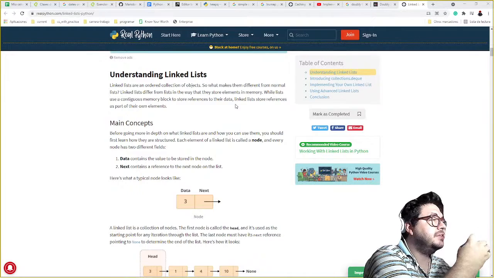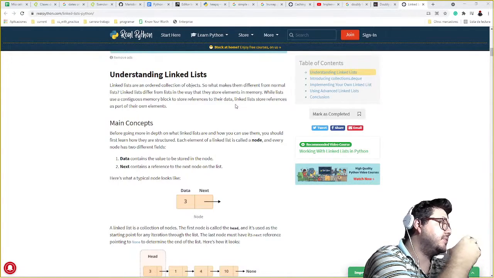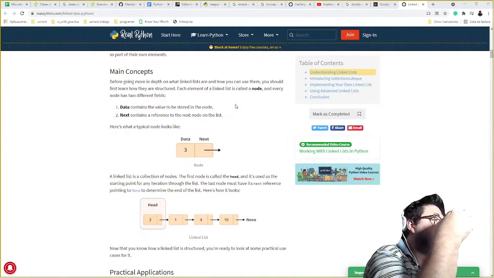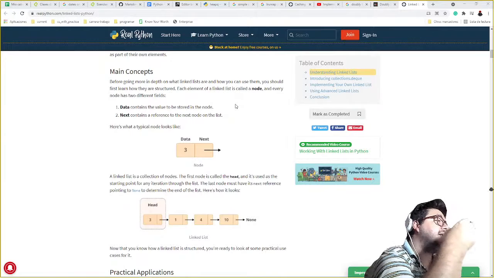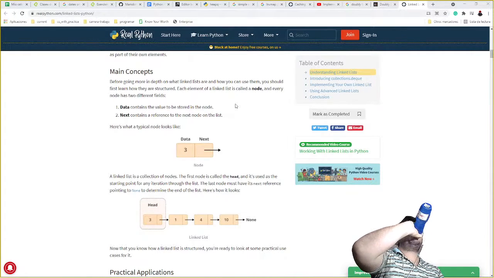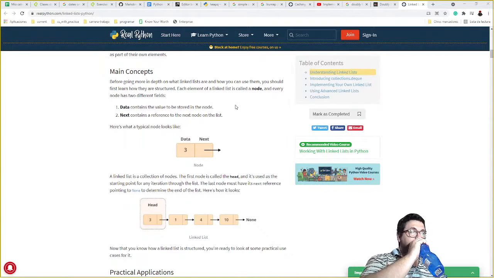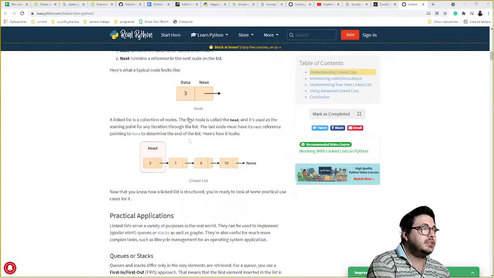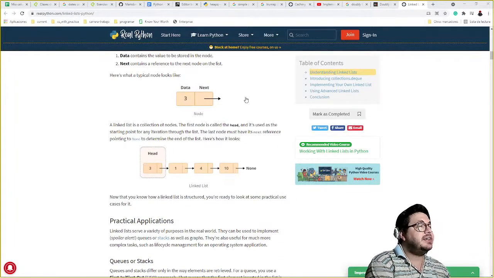Before going more in depth on what linked lists are and how you can use them, you should first learn how they are structured. Each element of a linked list is called a node, and every node has two different fields. Data contains the value stored in the node. Next contains the reference to the next node. So I have the data, I have the next.